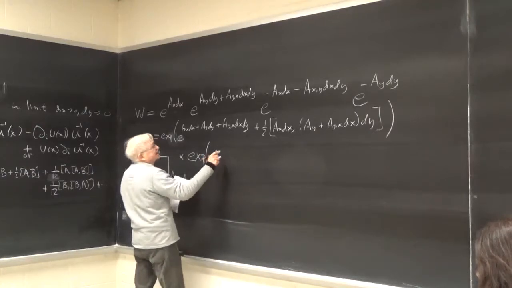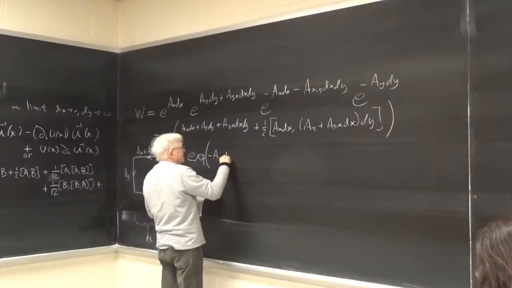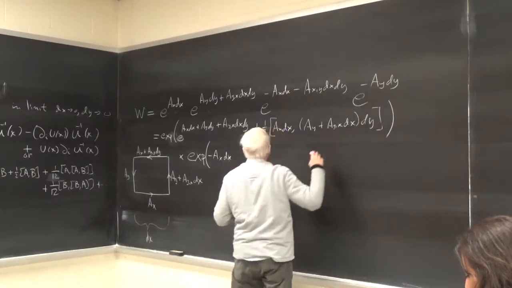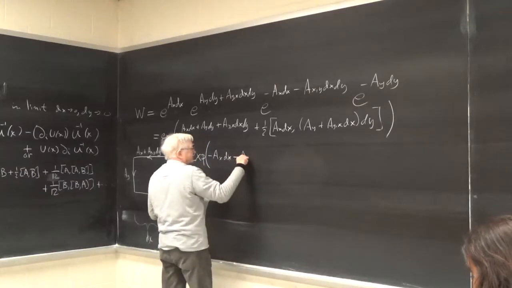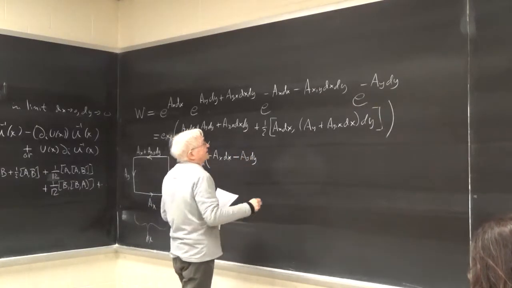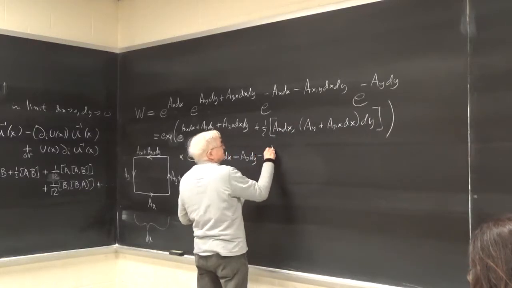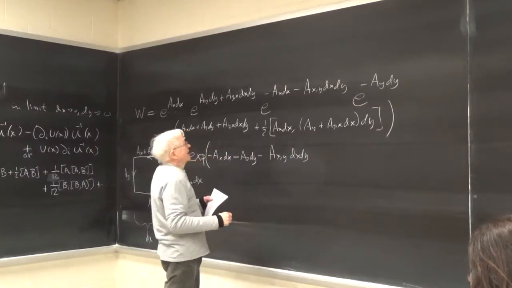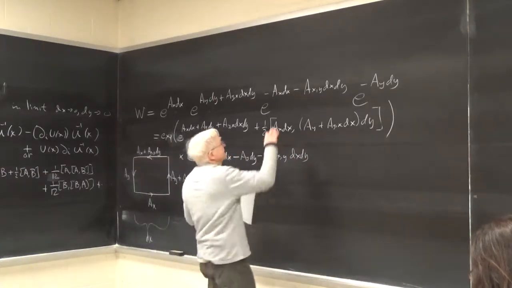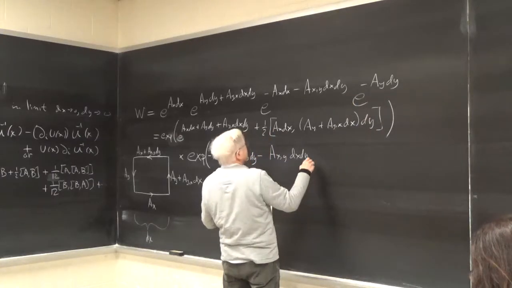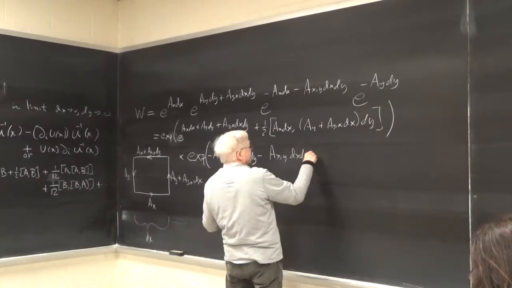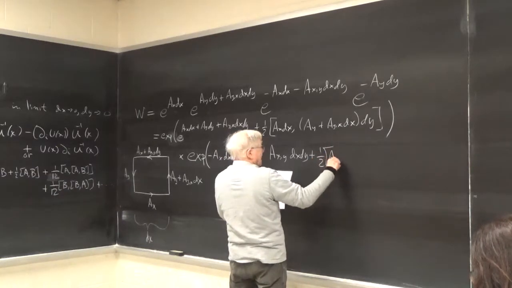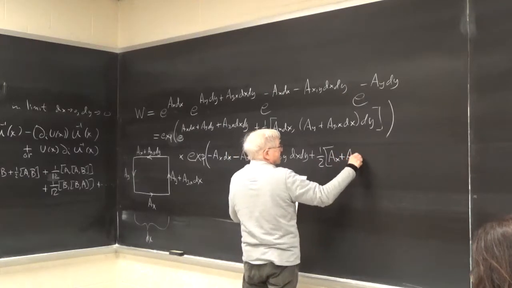So this is then minus A_x dx, and then minus A_y dy, and then this term minus A_{x,y} dx dy. And then we have to do a commutator of these two terms. And everybody's got a minus sign, so they cancel. And we have A_x plus A_{x,y},